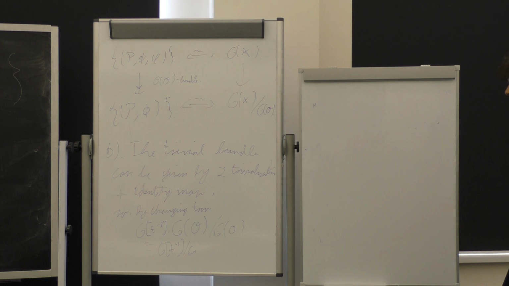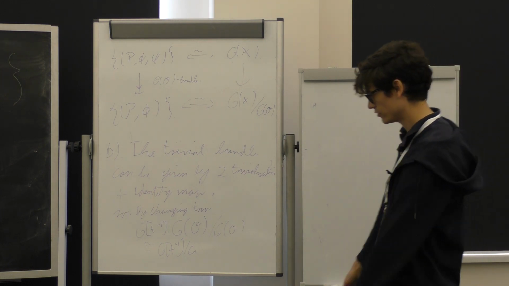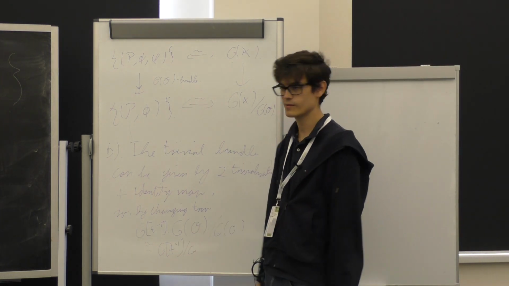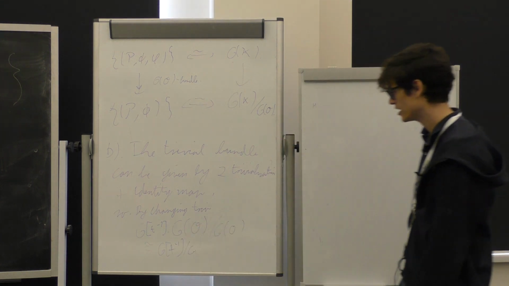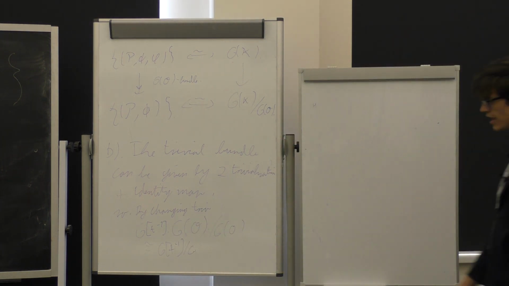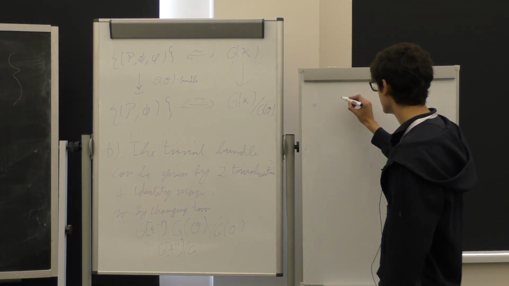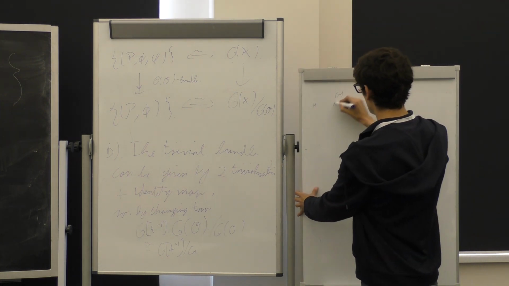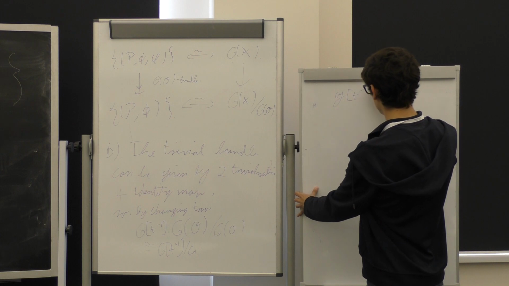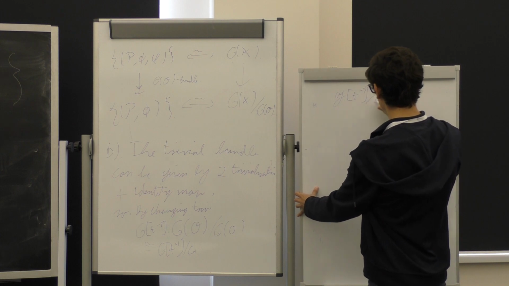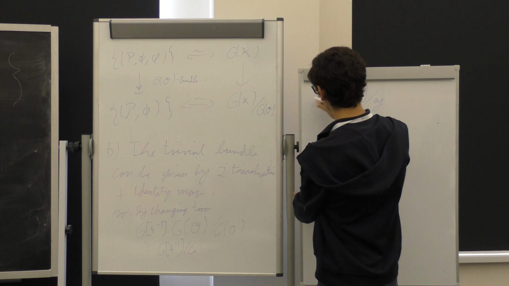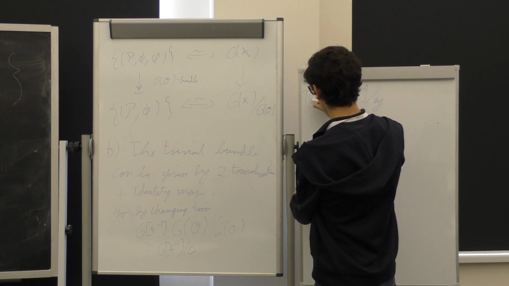So if it's right, we can just compute the tangent space by computing it in one point, and everywhere else it's the same. And to compute the tangent space at the identity of this, well, it's very easy. It's just given by GT inverse over G equals the tangent space of